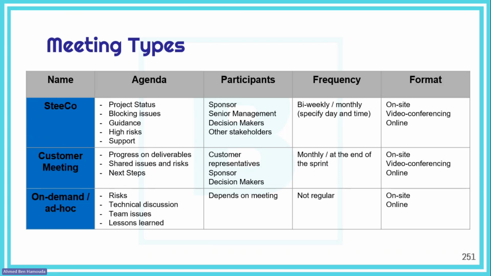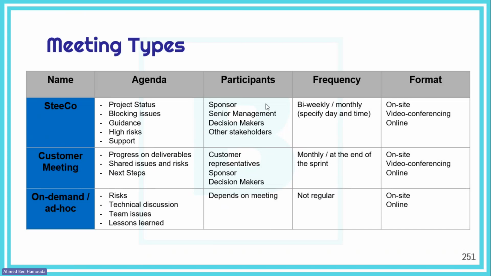Now, of course, the participants depend on the meeting. In technical discussion meetings, we need to have the relevant technical people. For risks, we need to have the people who are, or should be, aware of the risk and might contribute to mitigating the risks or the threats. For team issues, it depends. If it's a personal issue between team members, then we take them in a separate meeting. The lessons learned meeting is for the whole team to share the lessons learned, the best practices, and how we